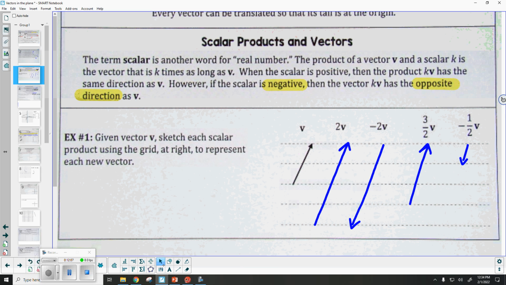Now, think about what we said a moment ago. You remember I was talking about a translation? There's several different ways that I could have drawn negative 1/2 v. I chose to put it in the upper portion here, but there's nothing saying that I couldn't have drawn it down there. You'll notice I just slid it across the screen. It still has the exact same direction, the same length. So the translations are always going to be equivalent to each other. Okay, I could have put it anywhere I'd like. Any questions on that? Okay. Well, let's move on to the next part.